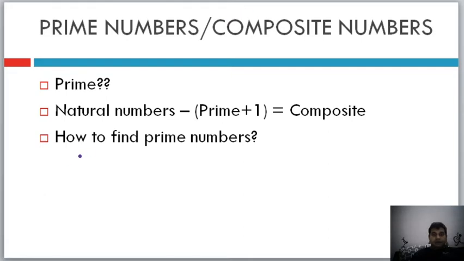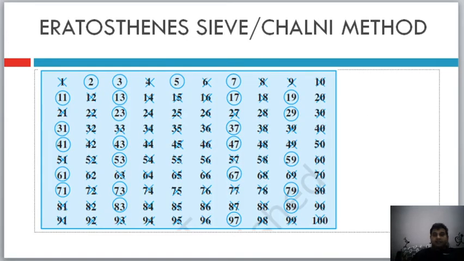So how to find prime numbers? Okay, fine, cool, let's get into that method. So basically guys, here we will talk about Eratosthenes sieve method, और हिंदी में इसको बोलते हैं चलनी method. Chalni is sieve, you understand. So basically what we will do in this method is that we will start with the prime number that we know about. ठीक है, and once we know of a prime number, then we will start to strike out the multiples of that prime number.